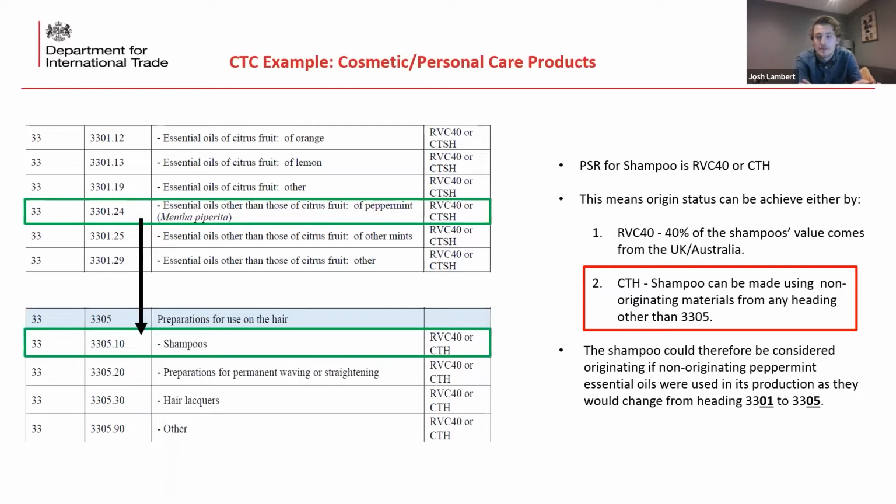So in my example on the screen here, we've got a hypothetical shampoo producer, and they're looking to incorporate imported non-originating essential oils, in this case peppermint essential oils, into their shampoo, whilst also wanting to trade under preferential tariff rates. So looking at the CTH aspect of the PSR for shampoo, this means that it can be made using non-originating materials from any heading other than the heading the shampoo is classified in, which, as you can see on screen, is